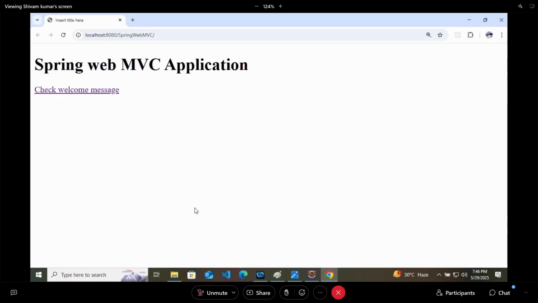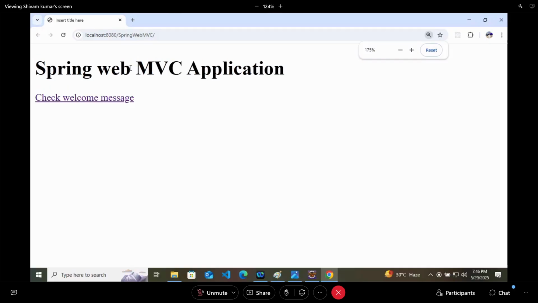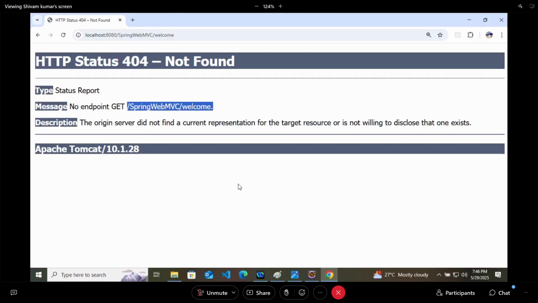So the first page is loading perfectly. That is the Spring Web MVC application. Check the welcome message. I will click on this and we got an error. No endpoint: there is no endpoint available for /welcome. But here our method is there, which is accepting /welcome.